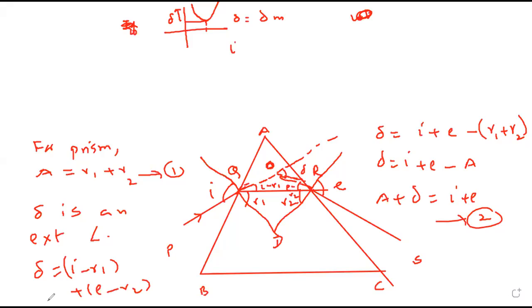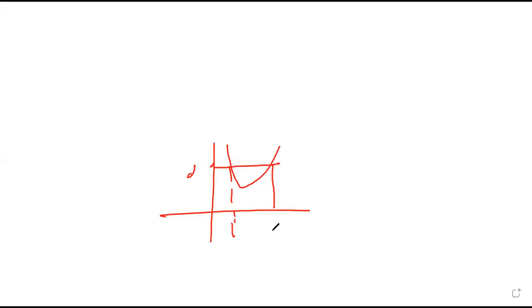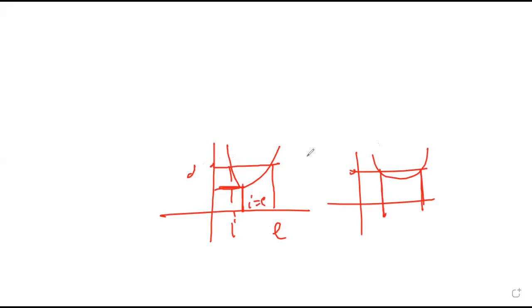Yes, sir. So whenever the angle of deviation becomes minimum, I and E become the same, because if this is the graph, for this delta there are two values of I. One is I, the other is E. But for minimum, there is only one value. That means I and E are the same. Sometimes they will give you a graph and a delta, then one angle is I and the other point is E. But if it is minimum, then I and E are both the same. So when delta is minimum, the angle of incidence is the same as the emergent angle.